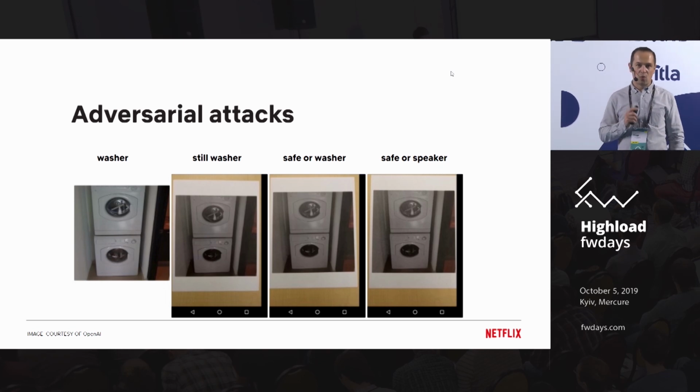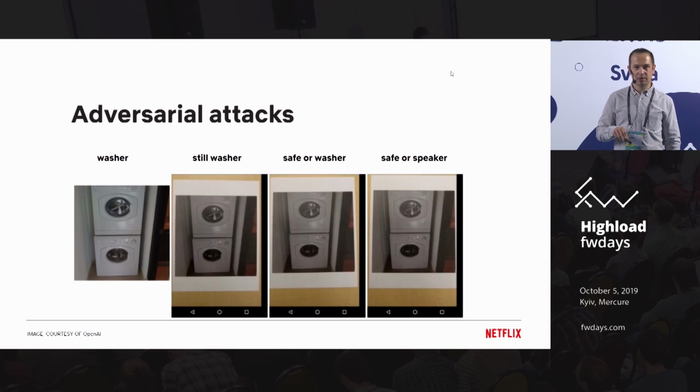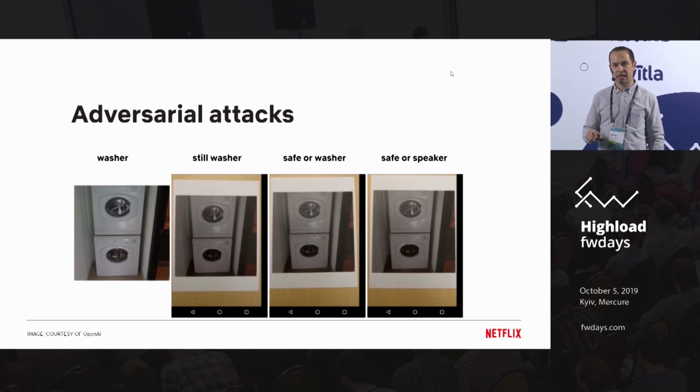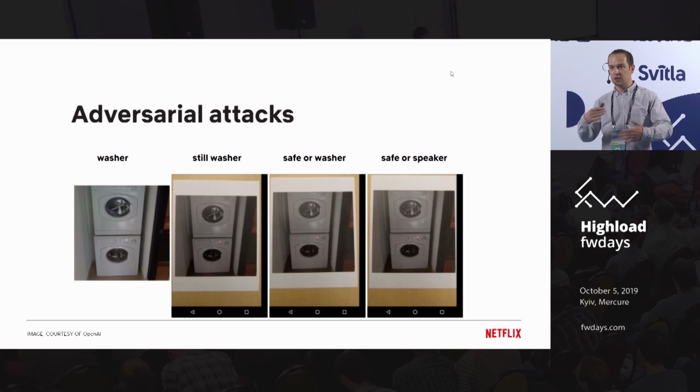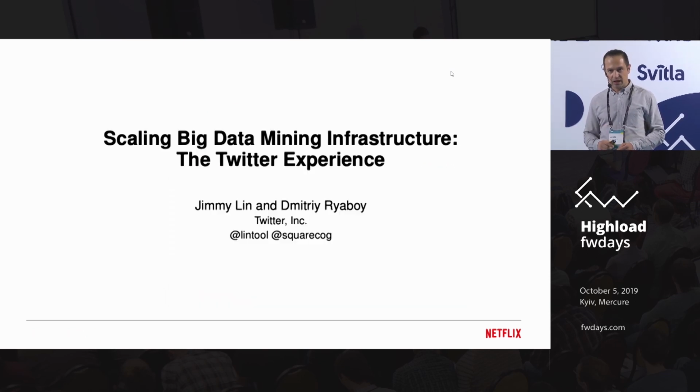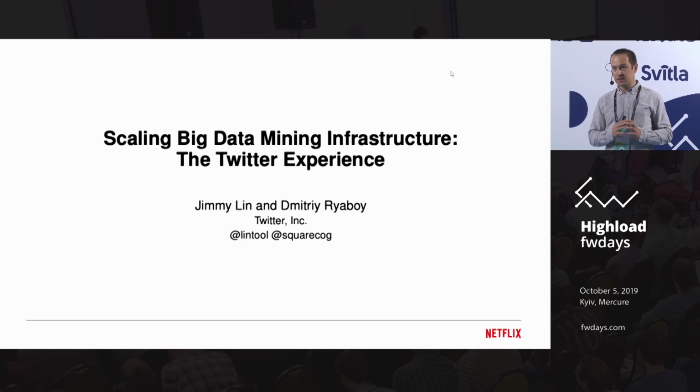Now, why is this important? This is important because the way to make your statistical models robust is to actually add those examples to your data set and retrain again. That's the classical way of dealing with this kind of problem. But what does that mean for us? It actually means that your data set is not a stale thing, it's a growing thing. You are constantly adding things to it.